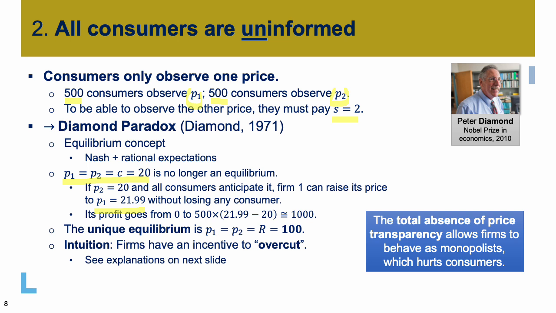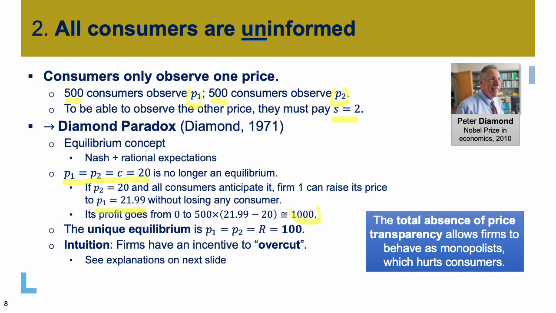Okay, so firm 1 can safely raise its price above 20, but below 22, keep its captive consumers, and now make a profit of about 100, which is above 0. So there is no reason to keep P1 at 20. There is no risk of undercutting here in a sense, because firm 2 cannot gain anything by setting a price below 20, and it cannot attract the captive consumers of firm 1 if the price difference is not larger than the search cost.